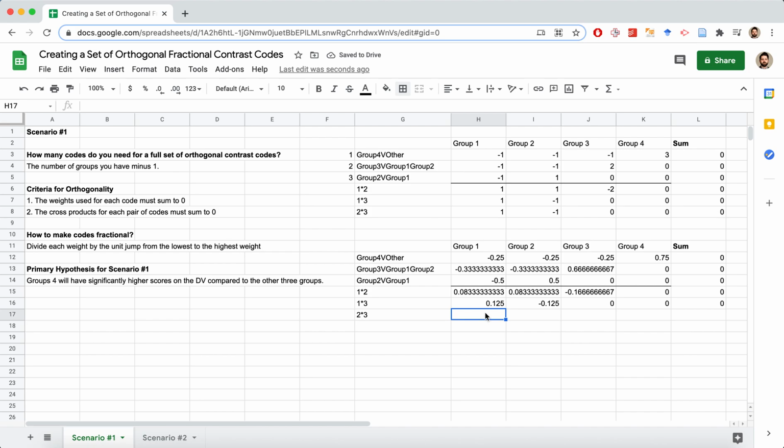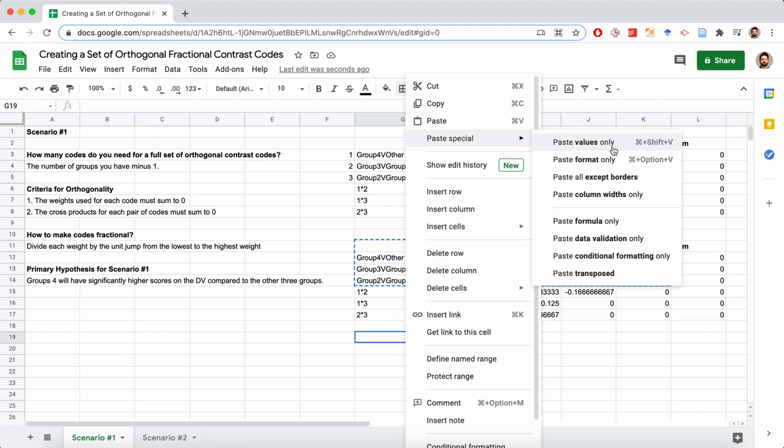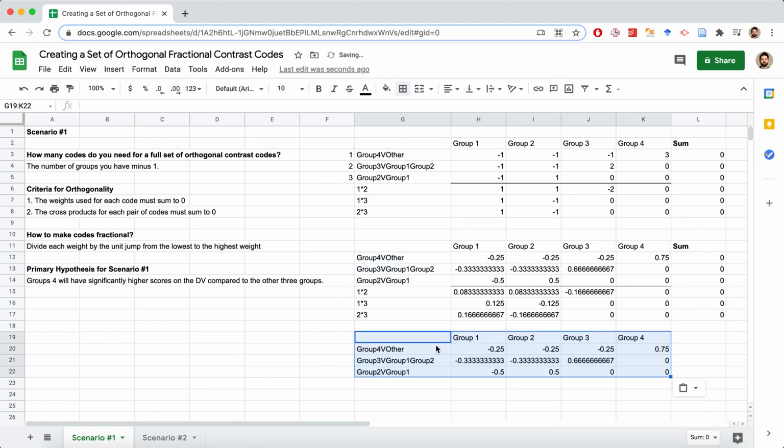So now let's compare codes 2 and 3. So 2 times 3. Drag it over. Make sure it sums to 0. Okay, yes. So right here we have a full set. I'll just paste it down here, values only. Right here is a full set of